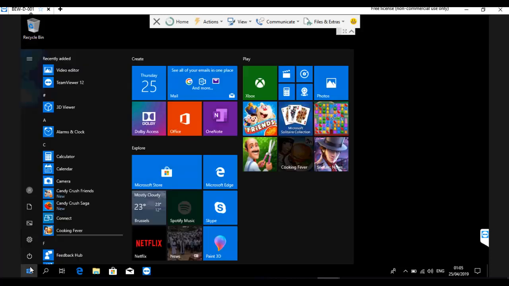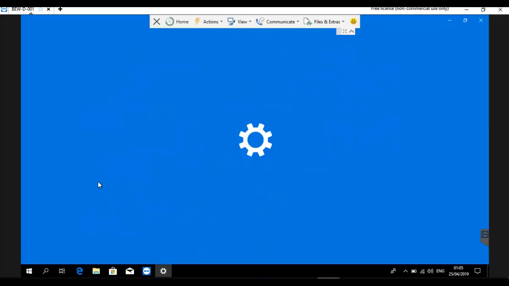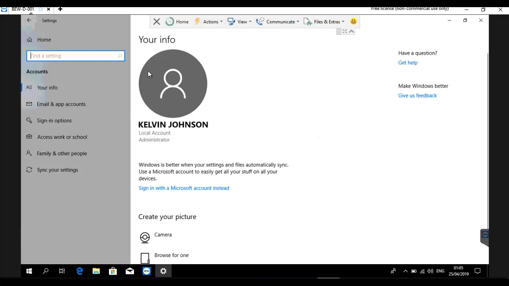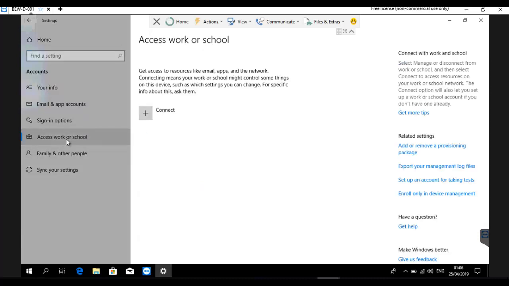To register this device to Microsoft Azure, go to Start, and here you just click Settings. When you are in Windows Settings, you click Account, and here you have the home, and you can see you have my info. What you actually need is access work or school. Then in access work or school, you click connect,